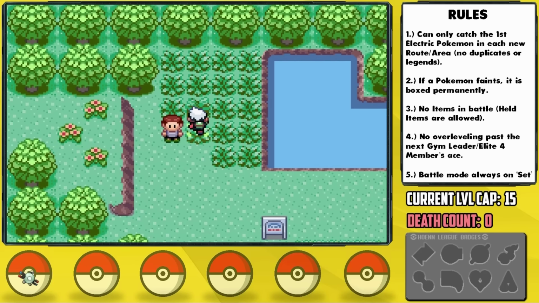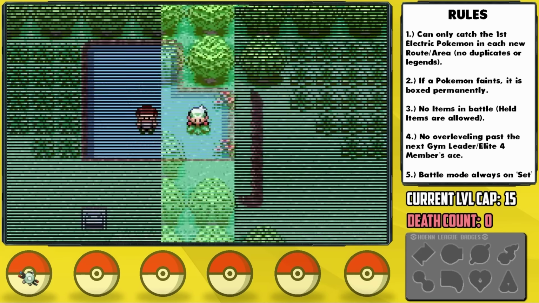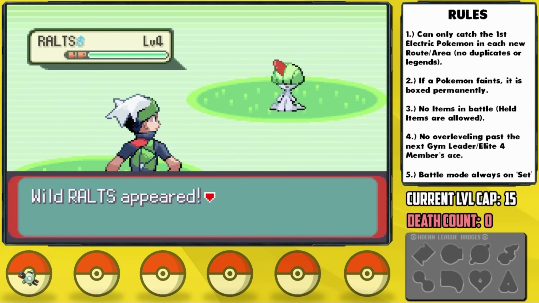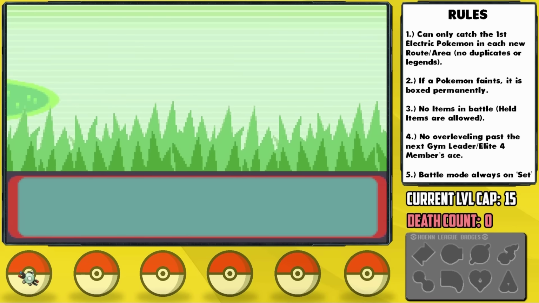Now, knowing what's ahead of us, I know we need to get an early start on EVs, so I battle Ralts on Route 102, which is our only way of getting special attack EVs at the moment, and they are a 4% chance to find here, so it's a rough process. After Daddy Norman has us take Wally out to catch a Pokemon, he ends up finding...